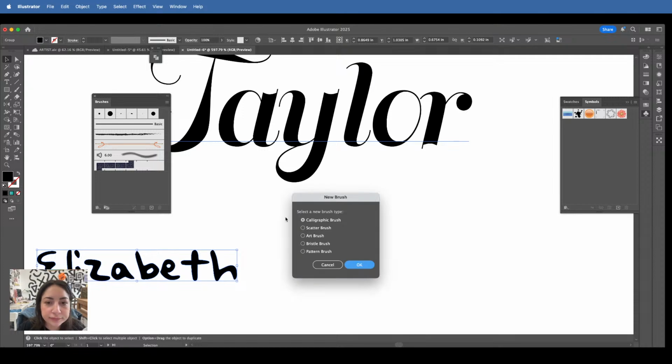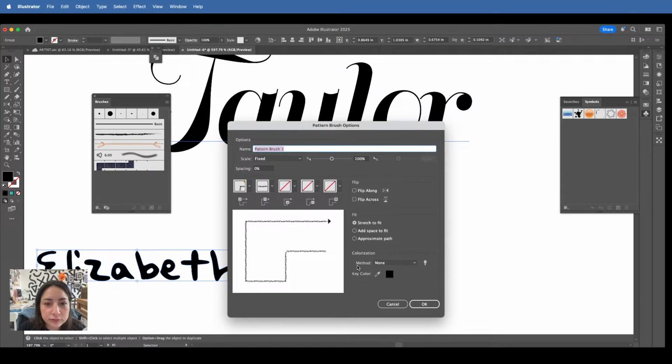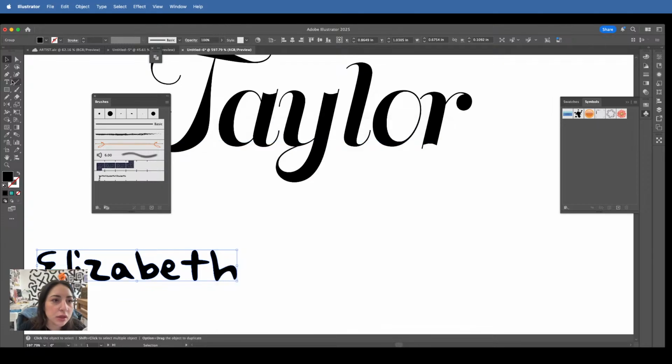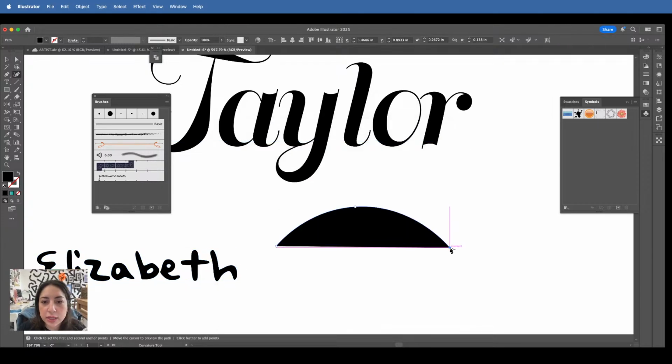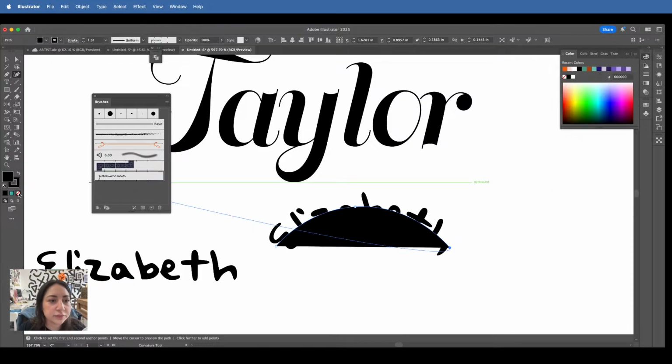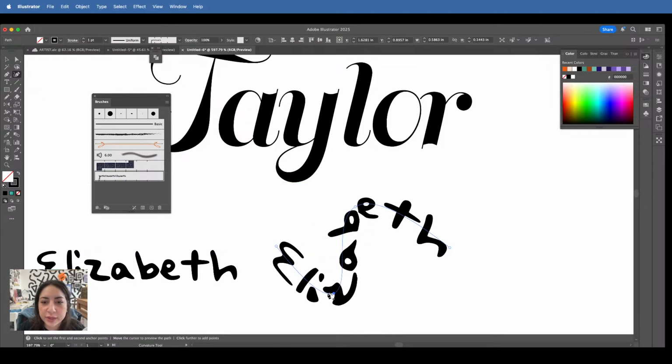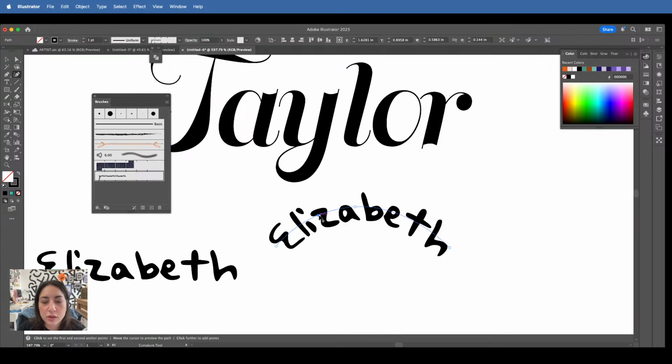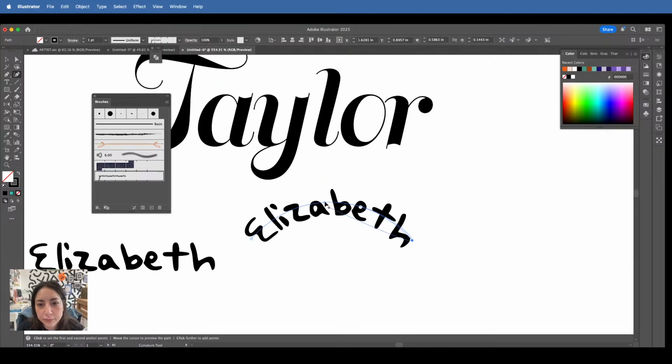New brush. I think it's pattern brush. Add space to fit, approximate path. Let's stretch to fit. Okay. And now I can go like this. Yeah. Perfect. And now it says Elizabeth, and there's just a lot more flexibility with it. Big fan of this method of warping text.